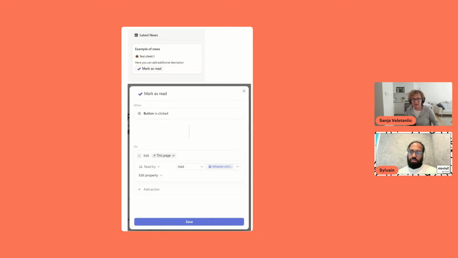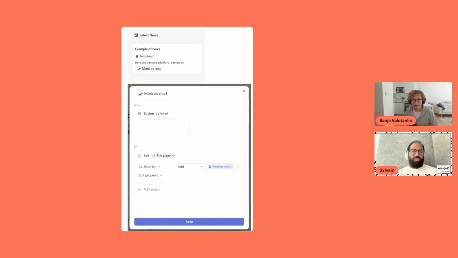What happens then? Their Notion ID is added to a property inside of the news database, marking that this person has read this. This takes effect because we use a filter in the home page to only show this news to the people who still haven't read it. So it's a nice thing that you just click on it and it goes away. Of course, you can still find it in the main database for news if you need it sometime in the future, but it's a nice feature just to mark something as read. That's great.